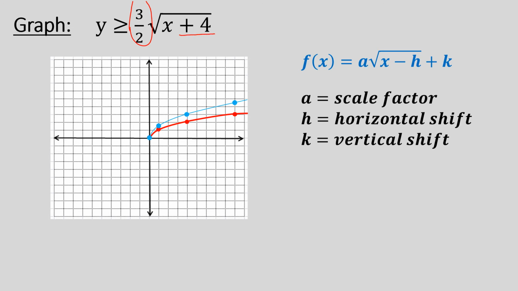Now we want to shift it based on this number right here. Okay, that's moving it the opposite of what we see, and it's moving it on the x-axis, which means it's going to move it left 4. So all of these blue points move left 4. Okay, I'm moving them one at a time, and then once they're all moved over, I'm going to draw on my line here. Now, one thing that's different for this one is that this is an inequality, which means we